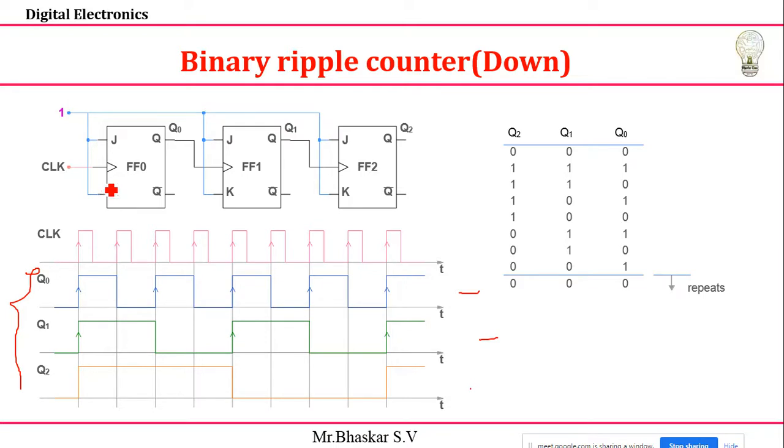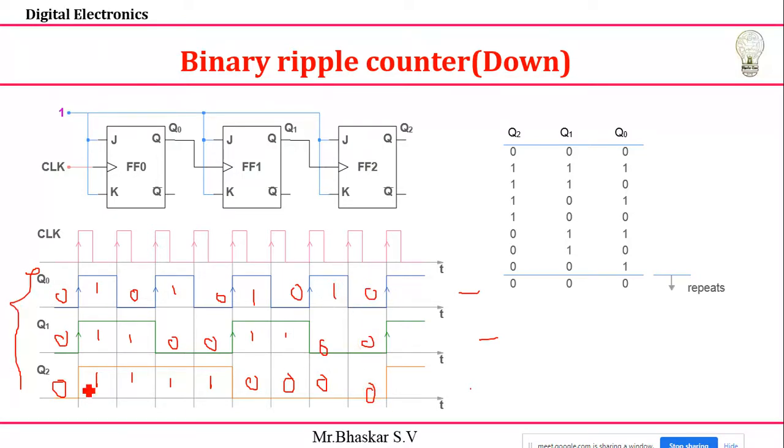Okay, then how am I getting it, or you are telling me you are getting the waveform, so let's analyze this one. Write the values. See, if it is down, it means you write the values 0 0 0. Next, because of this high, 1 1 1. Next value it is 1 1 0. Next it is 1 0 1. Next it is 1 0 0. Similarly just see 0 1 1. Next it is 0 1 0. Next it is 0 0 1. Next value it is 0 0 0.